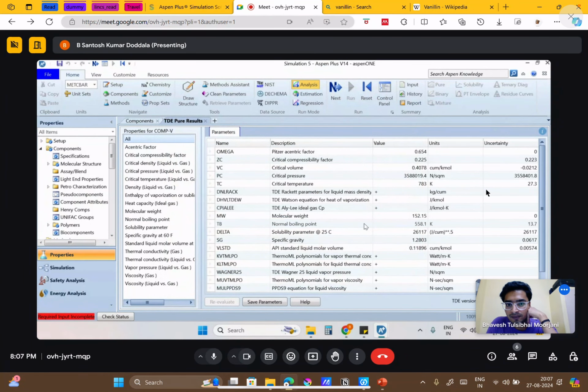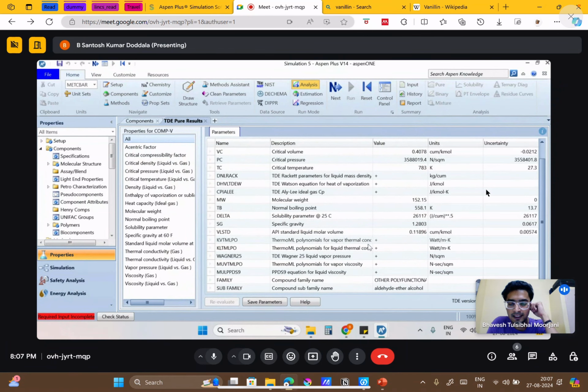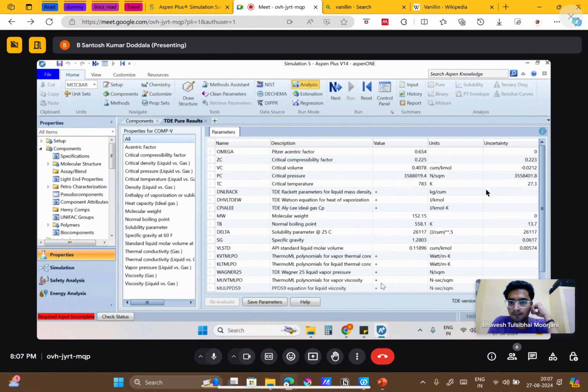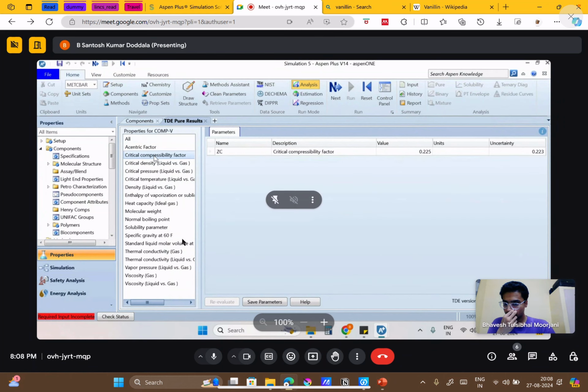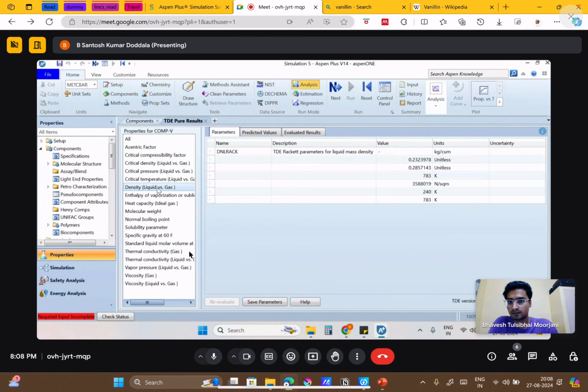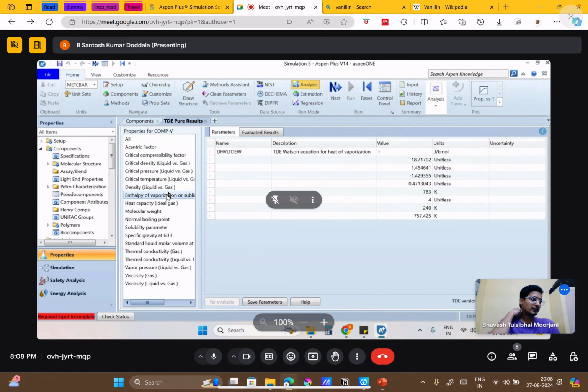So you can see what it has done. It has gone through the NIST website and found all the data for the entered compound. We can compare this data with data available in the literature also if you want to do it. Right now we won't do it. So this is one way of finding compressibility factor, density. If you don't have a mol file, then you need to draw the structure. Since vanillin was already available, it found the data from NIST. But if we don't have it, then it won't find it. So in that case, we have to estimate it.